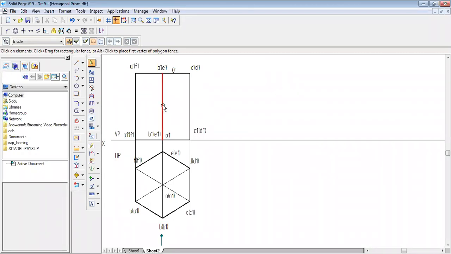So with respect to my front view, I can see 2 rectangular surfaces, this surface and this surface, whereas the other 2 which are behind are going to be hidden. That is why D, E, F I have written in brackets. Right, so up to here it is very clear now.